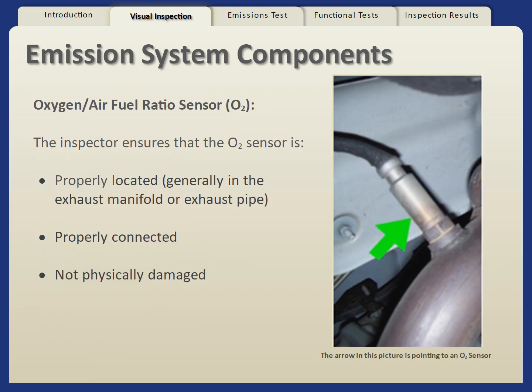The oxygen sensor or air-fuel ratio sensor is located in the exhaust manifold or pipe. There may also be sensors after the catalyst. Oxygen sensors compare the level of ambient oxygen to the level of oxygen in the exhaust stream and send a variable signal to the vehicle's powertrain control module. Refer to the proper reference materials and underhood label to confirm the number and location of the sensors, and ensure that the oxygen sensors are properly installed.